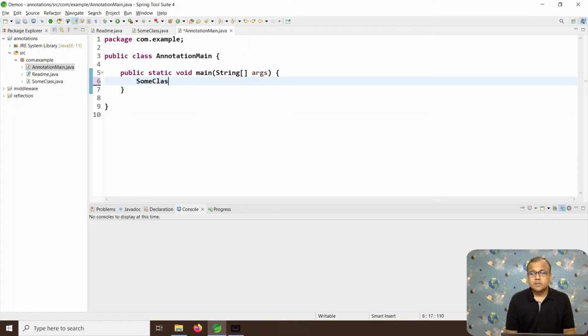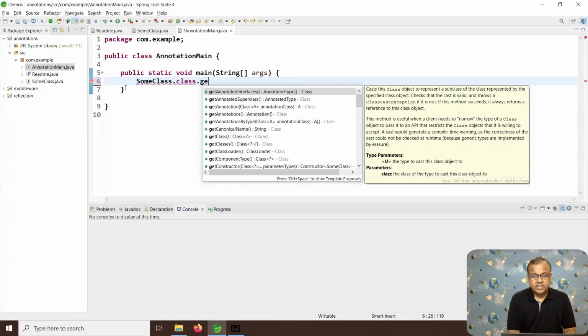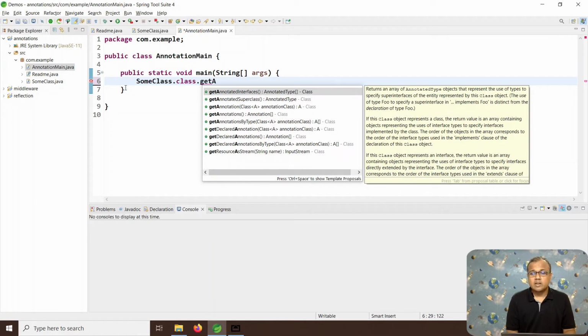Let's say SomeClass.class. This is the java.lang.Class object associated with SomeClass, and I can call its method like getAnnotations.